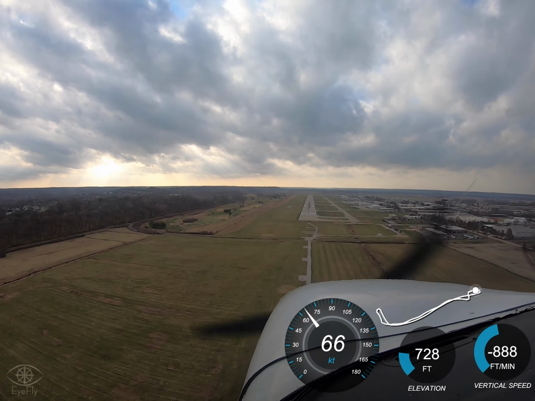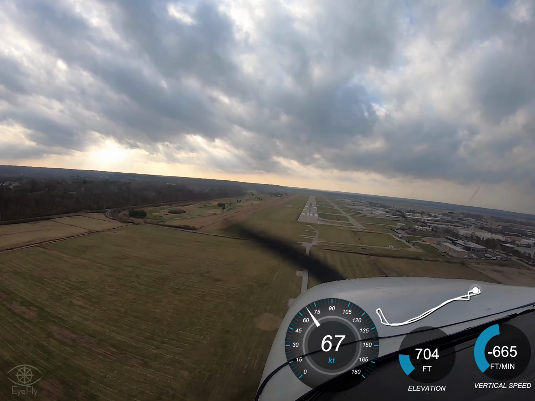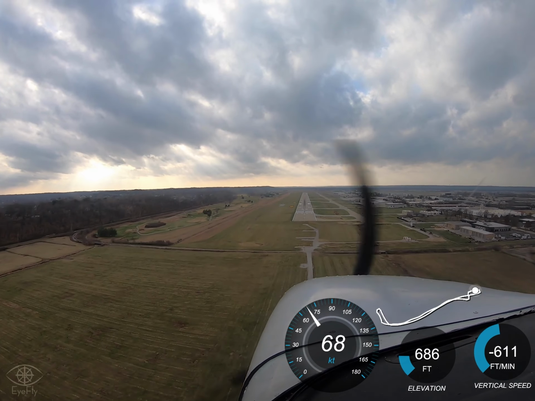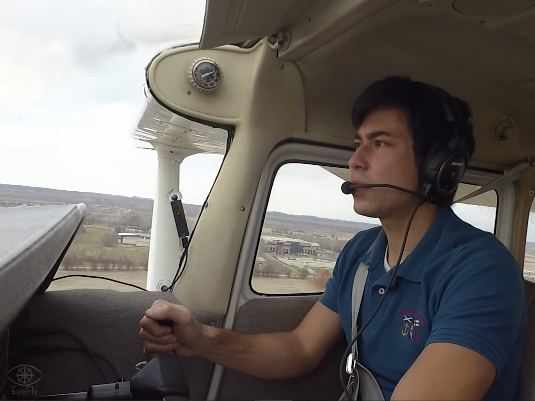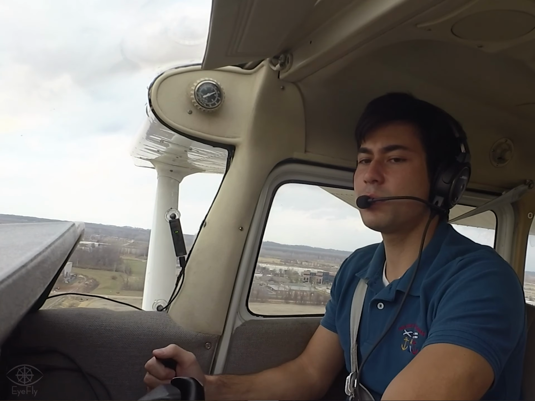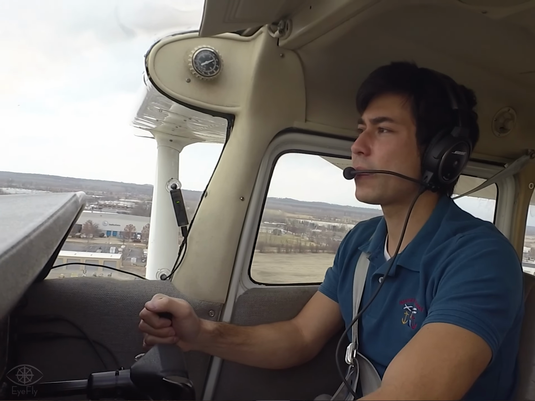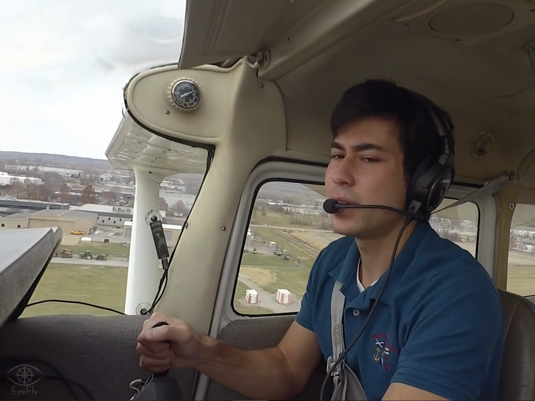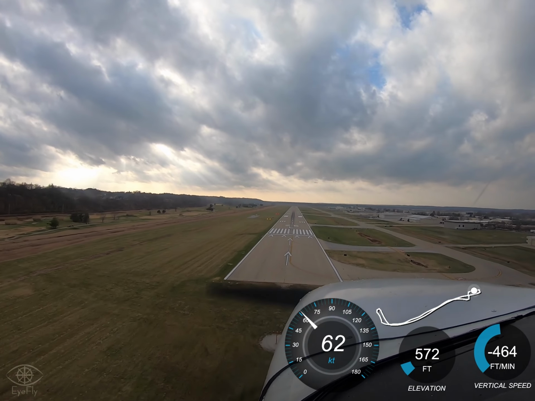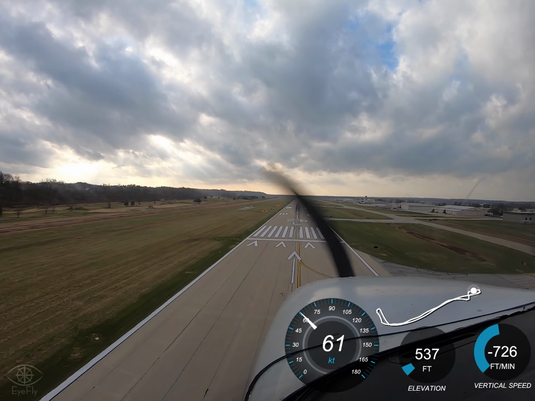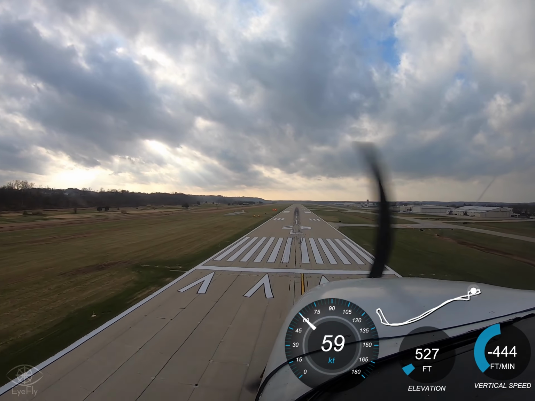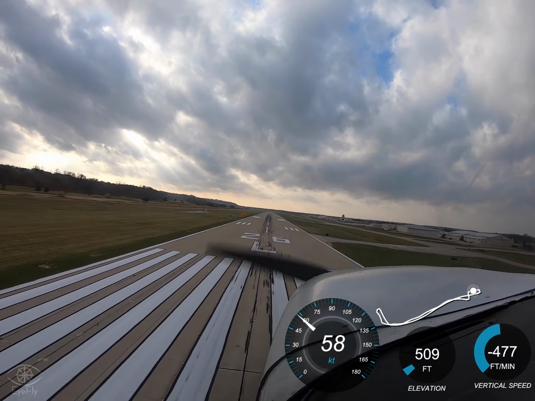Alright, throw our last bit of flaps in there. Sometimes you don't use full flaps with wind, but it's never mattered to me too much. We're carrying a little bit of extra energy with us down here, and then same rules apply. Once we get down here in the ground effect, we're going to pull the power about now. Now look at that, we're going to throw that nose over with right rudder, and control our direction